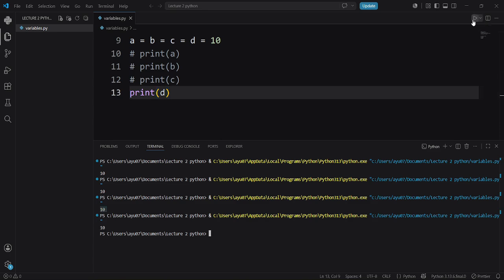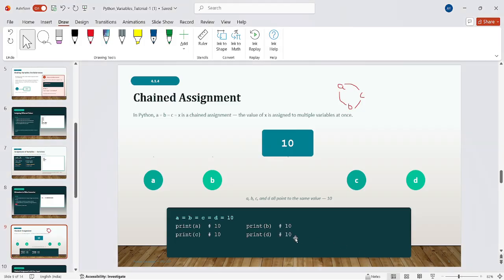When we print D, what will you get? Obviously it's 10. 10 ही मिलेगा हमको, हम जान रहे हैं, क्योंकि D का भी वैल्यू 10 को असाइन है, C का भी 10 को असाइन है, B का भी वैल्यू 10 को असाइन है, A का भी वैल्यू 10 को ये असाइन किया गया। तो आपको ये आउटपुट में 10 10 10 10 दिख रहा होगा।